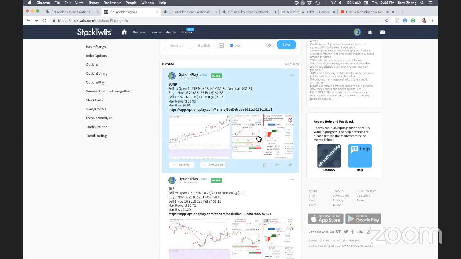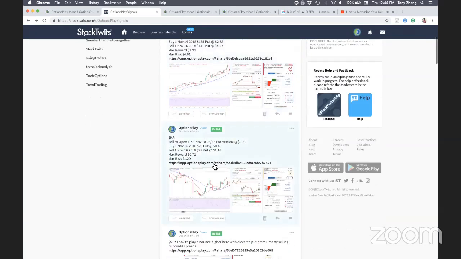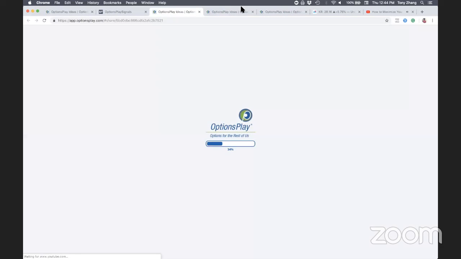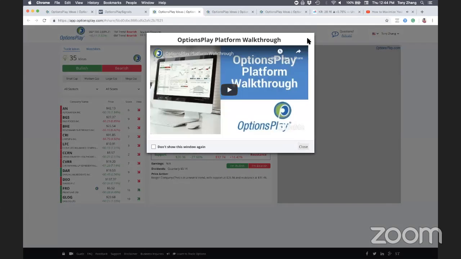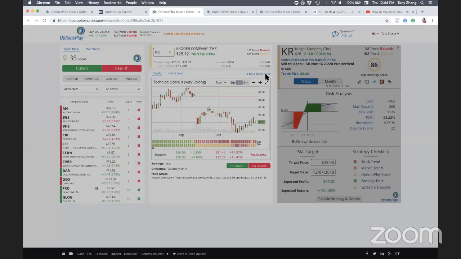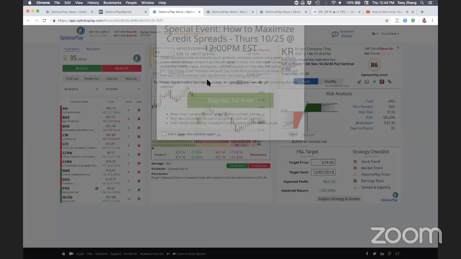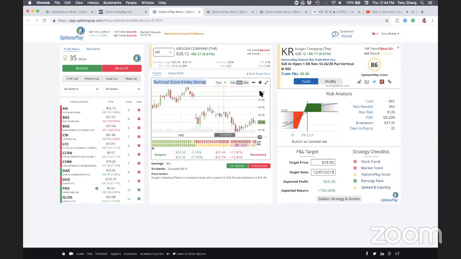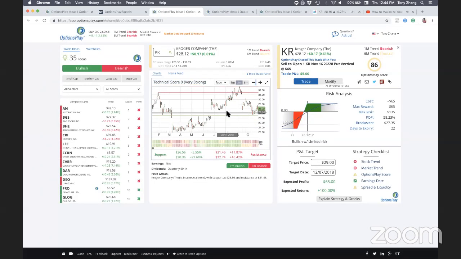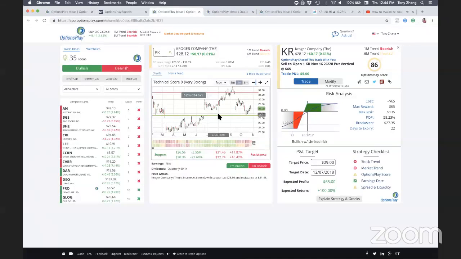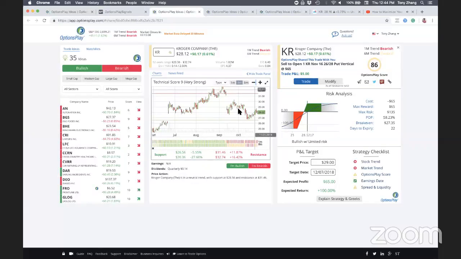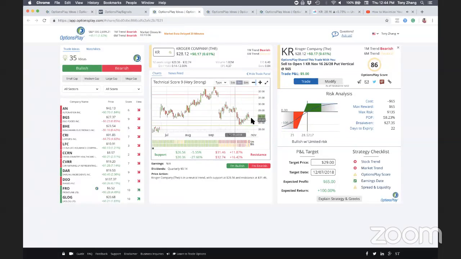So what we were looking at is Kroger as a trade here, and if you look at a shorter term chart, again, very strong stock, meaning it's got a technical score of 9. But recently it bottomed a little here around this $26, $27 support level that we found. As you can see, it bounced off that level. Looks like it's starting to move a little higher. So these are the types of higher probability moves higher that we're expecting.